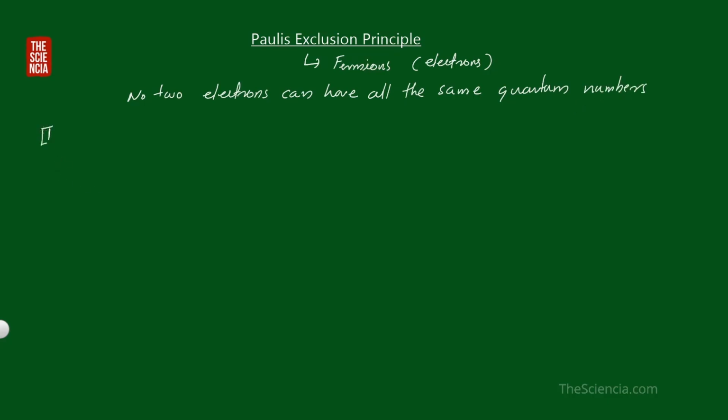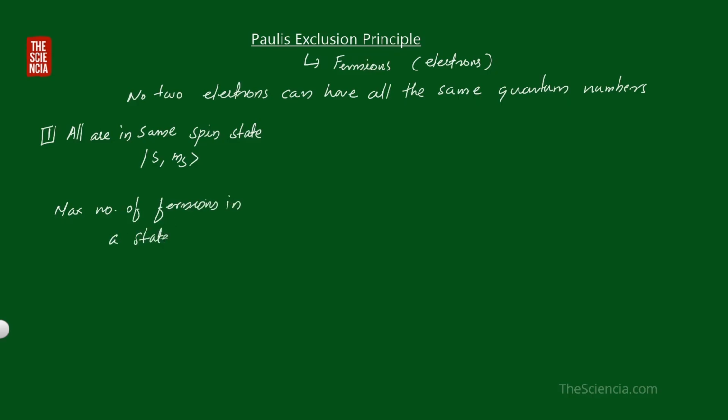That is, if all electrons or all fermions are in the same spin state, that is ket S, ms, then the maximum number of fermions in a state will be equal to 1. And if all these fermions are in different spin states,